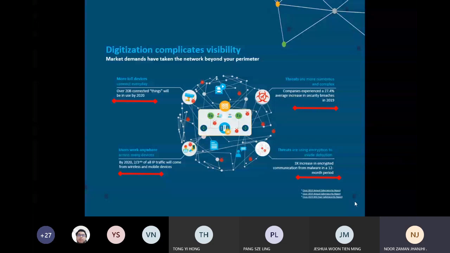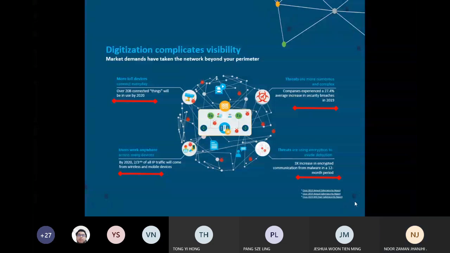All of you are sitting at very different locations and places, and your instructor is sitting at a different place, but we are able to conduct our classes, lectures, labs, and everything. That's what the report was suggesting: that users can work anywhere, using any kind of device. They also suggested that by 2020, two-thirds of all the traffic will be from wireless mobile